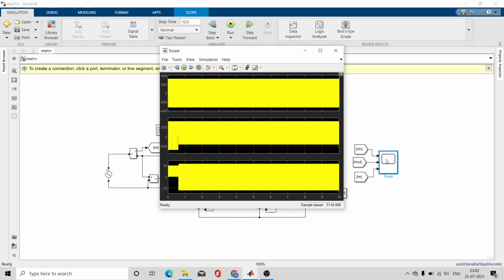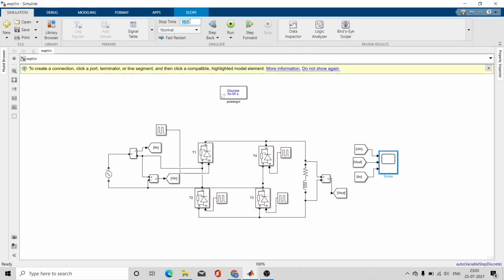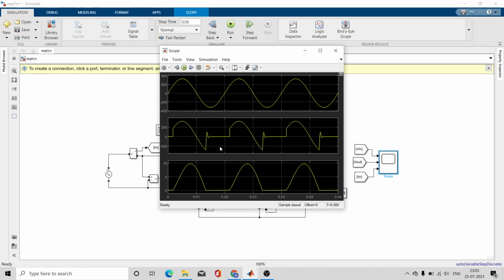Let me open this. Okay, so I need to configure it. Let me run it for 0.06 second. It will show me 3 cycles, right? Because one cycle is 0.02 second. Yeah, you can see over here that this is my input voltage and this is my output voltage.